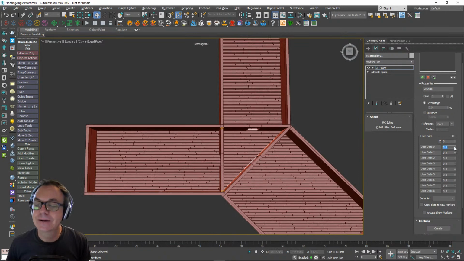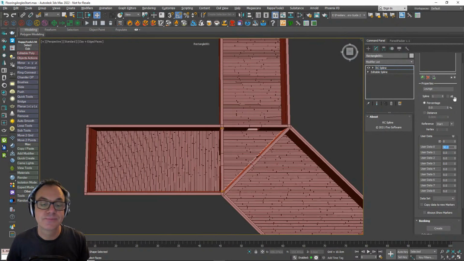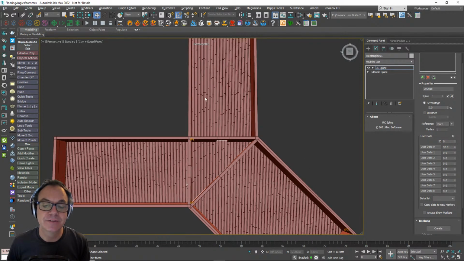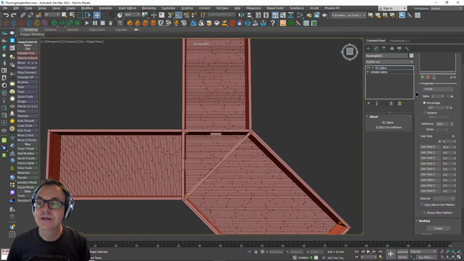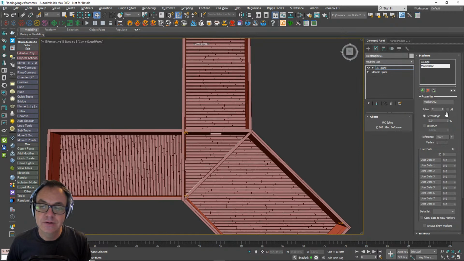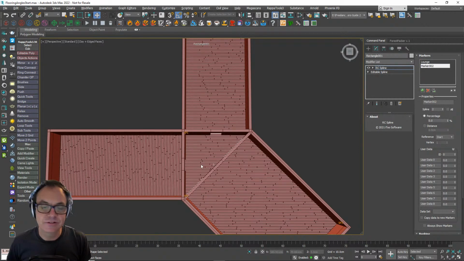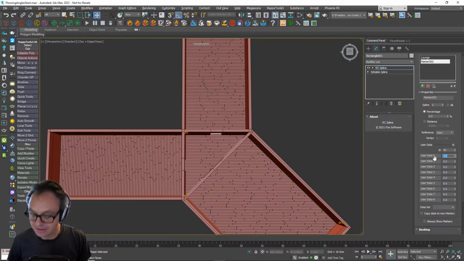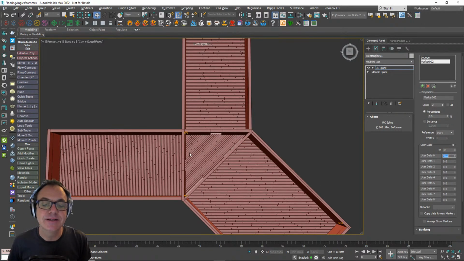Back to 0. I could go the other way. I could go 90 degrees, and so on and so forth. If you wanted to change them all, you click on the All button, and that marker is applied to all of the splines. But we just want it on one for now. So we could then add a few of these. We'd add another one for spline 2, which I think is this one. Let's see if I can remember. Oh, I changed the ID. Yeah, easy mistake. Yeah, it's this one here.